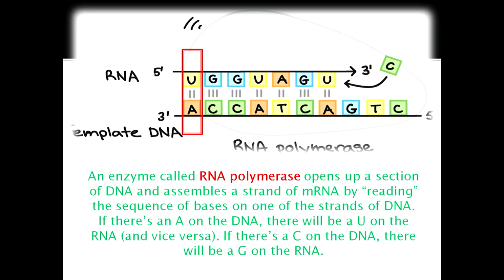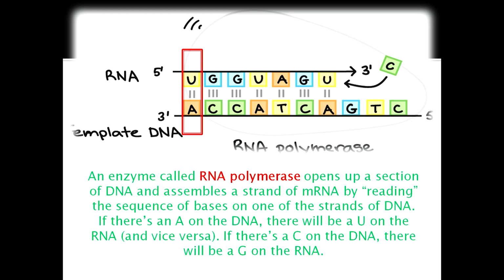An enzyme called RNA polymerase opens up a section of DNA and assembles a strand of mRNA by reading the sequence of bases on one of the strands of DNA. If there's an A on the DNA, there will be a U on the RNA and vice versa. If there's a C on the DNA, there will be a G on the RNA hanggang sa makumpleto ang complementary